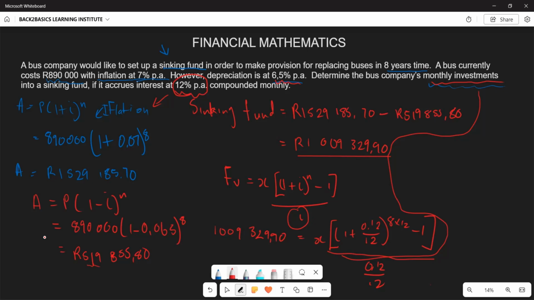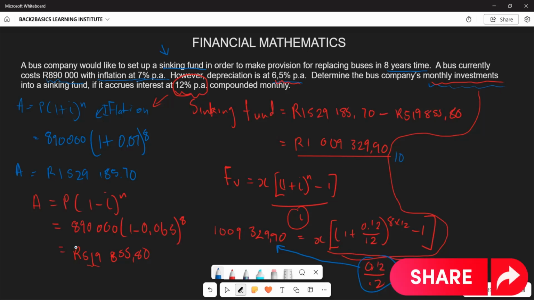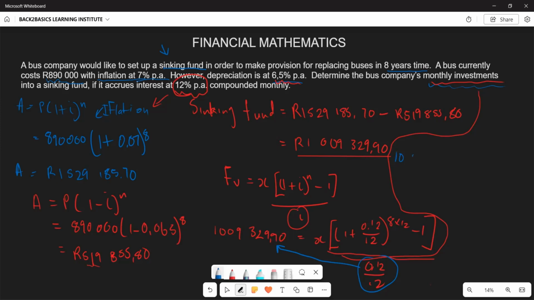And then you're going to take this interest here and multiply this side first, right? So if you multiply this side, what you're going to get, basically, is 10,093.299, right? So that's what you're going to have, and this is going to be equal to